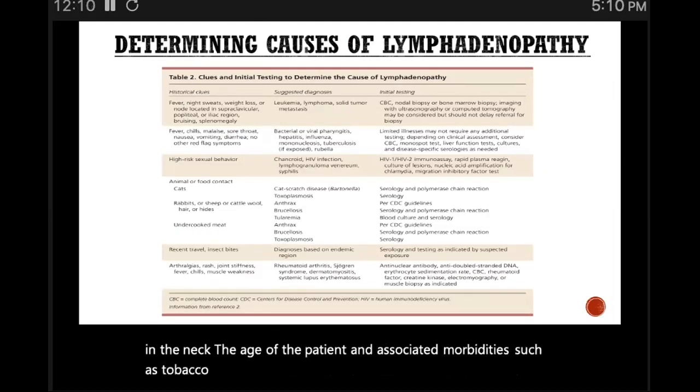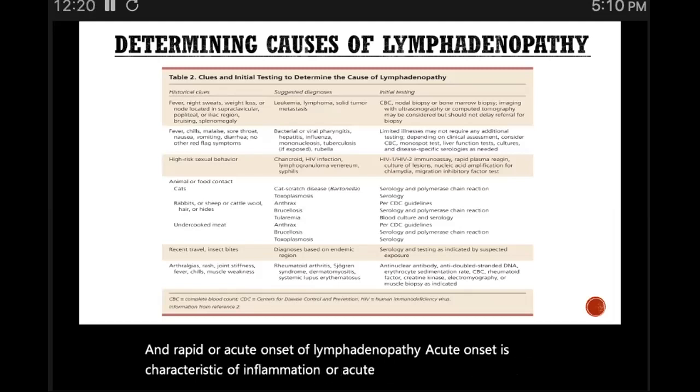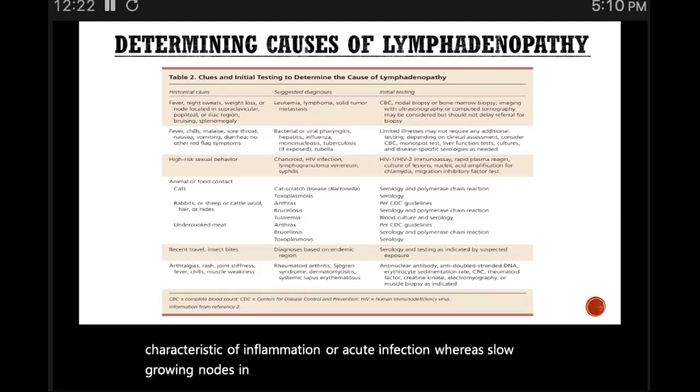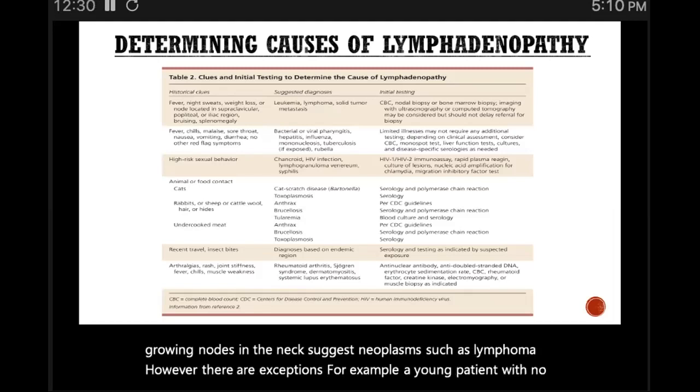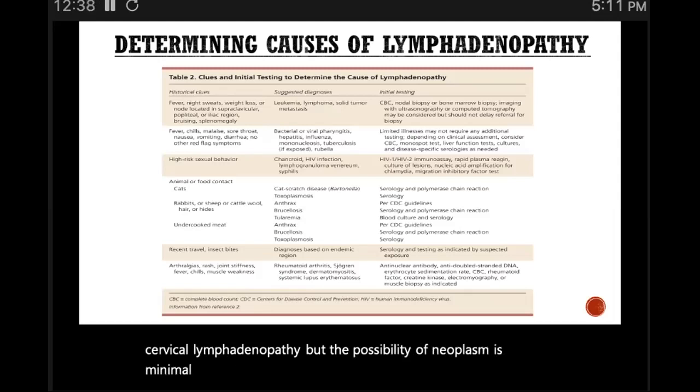The clinician should distinguish between slow growth in nodes and rapid or acute onset of lymphadenopathy. Acute onset is characteristic of inflammation or acute infection, whereas slow-growing nodes in the neck suggest neoplasms such as lymphoma. However, there are exceptions. For example, a young patient with no history of tobacco or alcohol use may present with a slow-growing cervical lymphadenopathy, but the possibility of neoplasm is minimal in a patient of this age and with this